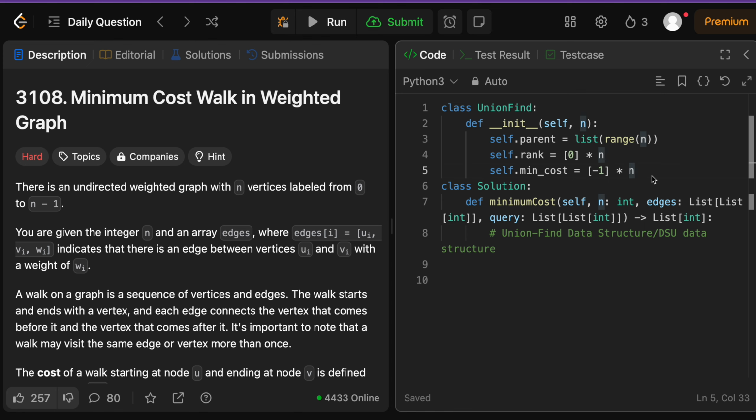That's how it's initialized, and that's the whole reason why we call it self.parent for that specific list. And for the actual self.rank, the reason why we have this is, again, it's a list of all zeros of dimension n. It's going to track the depth of each tree for union by rank optimization. And the reason why we have this min cost list is